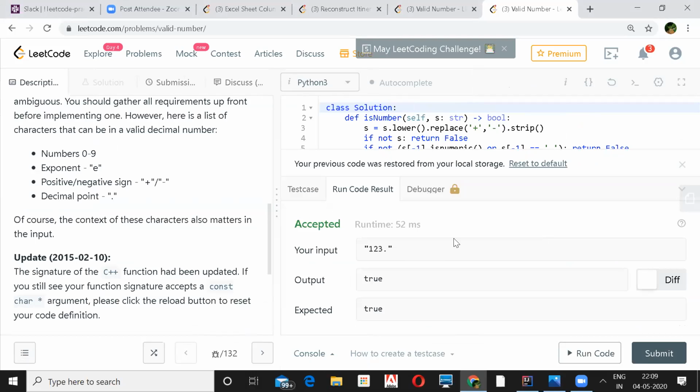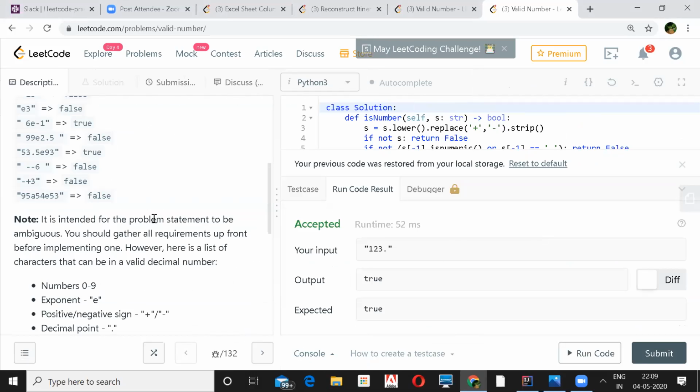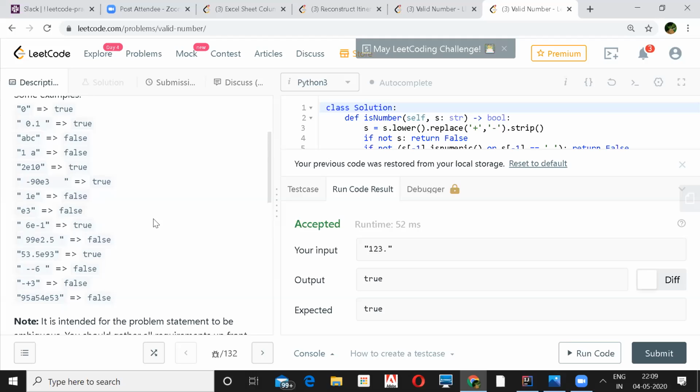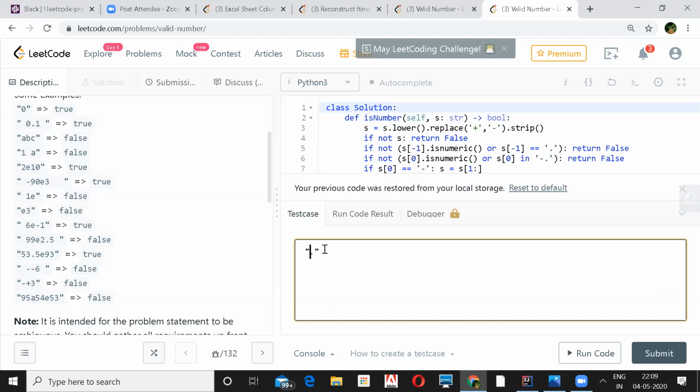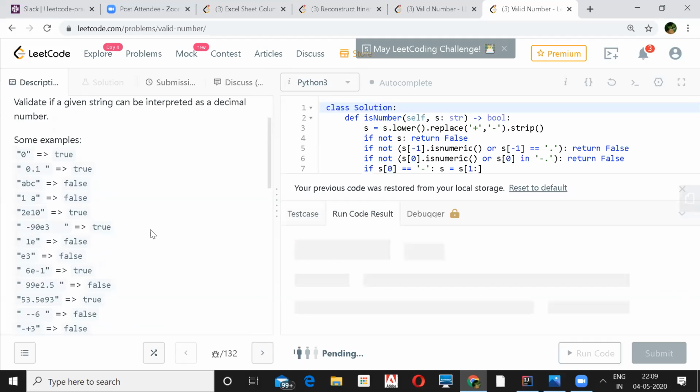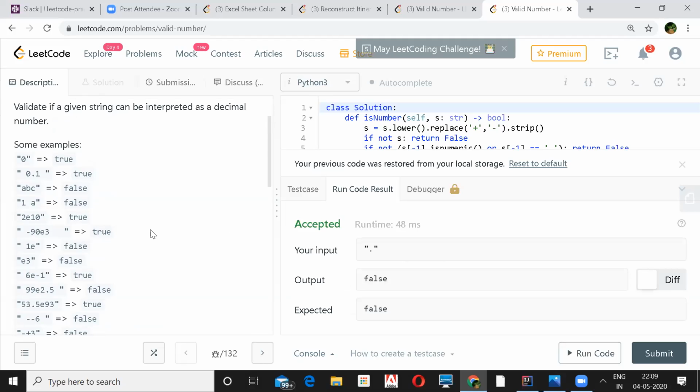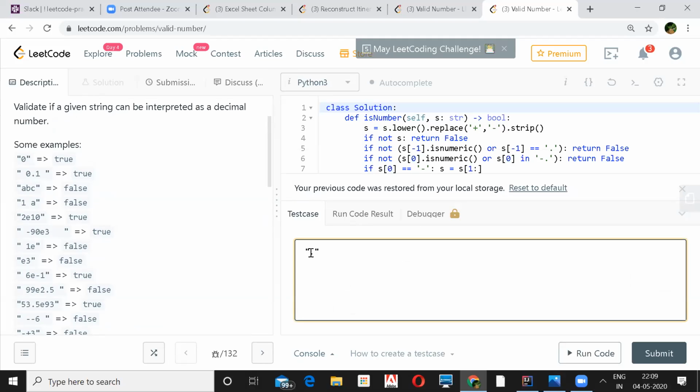Do we have a sample here with this? No, they don't have one, they have not even created one. But a single dot is definitely not valid, so you need some digit before that. And e dot is also not valid. Anything after e is not valid, right? Before the dot you have to have one character. E dot won't be valid, but E2 point is valid.